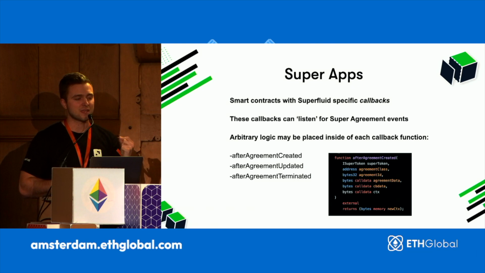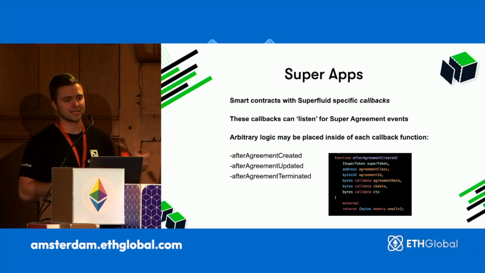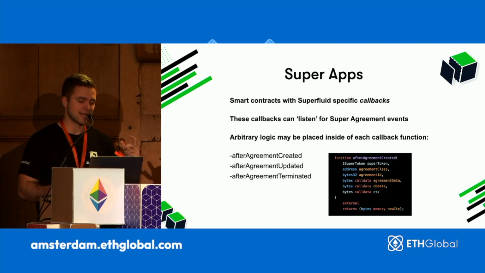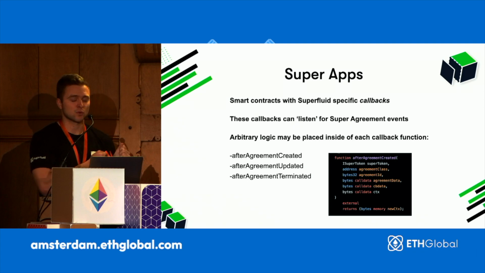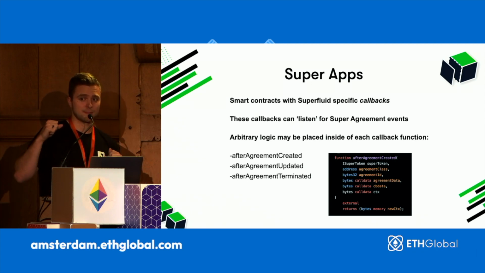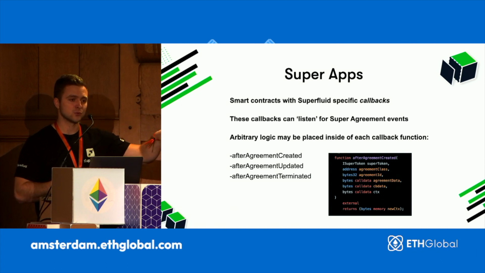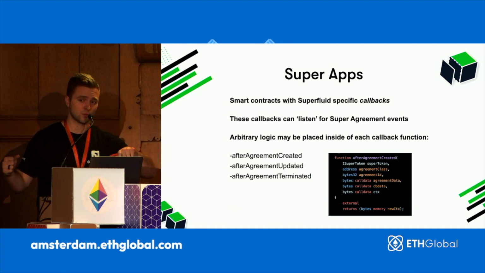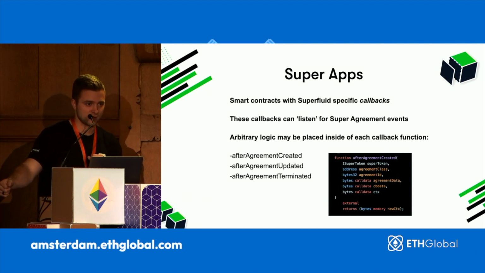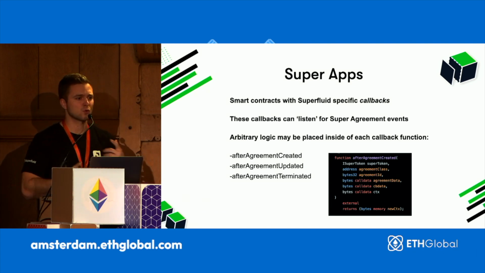So super apps are really cool in that they allow you to listen for specific operations that happen within Superfluid. So for example, if I have a contract, I can receive funds and do things when a flow is created, updated, or deleted into my app. One really interesting example of this is something we call the tradable cash flow. It's an NFT contract which will take in streams and send 100% of the value of those streams to the NFT's owner. So any time the flow into the NFT is changed, it will also change to its owner. And any time you trade the NFT, the flows are sent to the new owner. So it creates a really cool marketplace for tradable cash flows. That's just one very simple example. We see that forked all the time at hackathons.